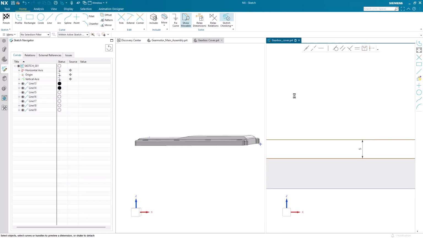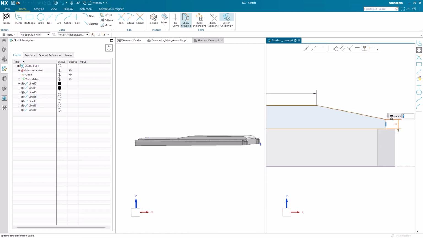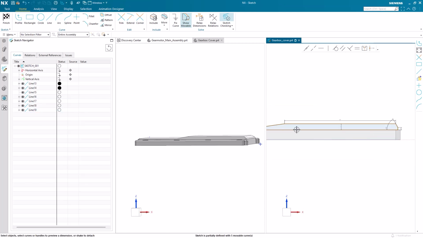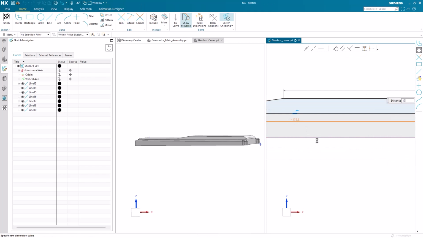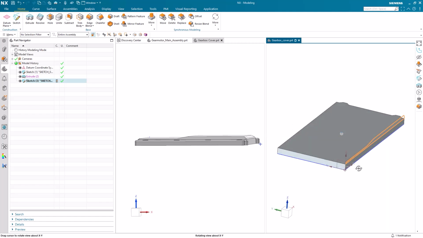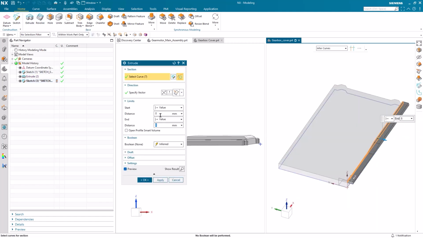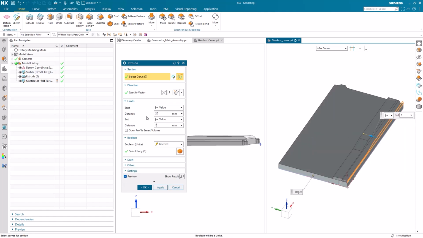Once again, as we finish this sketch, it's important to fully define our curves. When we want to define an angle, we must select two adjacent line segments consecutively. This serves as a great alternative to length dimensioning, and in certain scenarios, provides a more efficient method of design. Once again, as our sketch is fully defined, we can finish and move on to the 3D side of design. We will use the extrude command here as well, but this time we will use an offset to center the new 3D feature along our initial body.